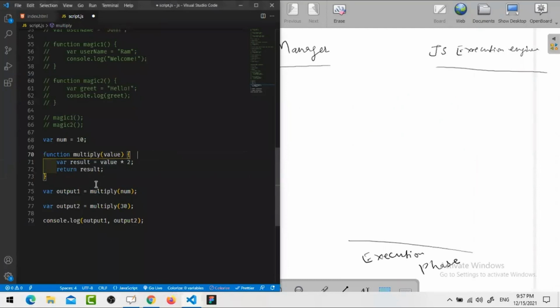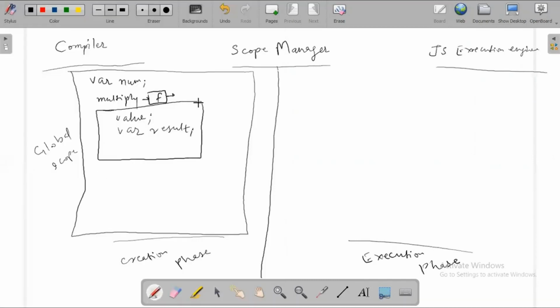So inside the function, we are declaring in local scope, no? Yeah. So this is the local scope of this multiply function. This is not accessible outside. See, if you try to access value or result from here, from global scope, you won't be able to do so because that is wrapped inside the